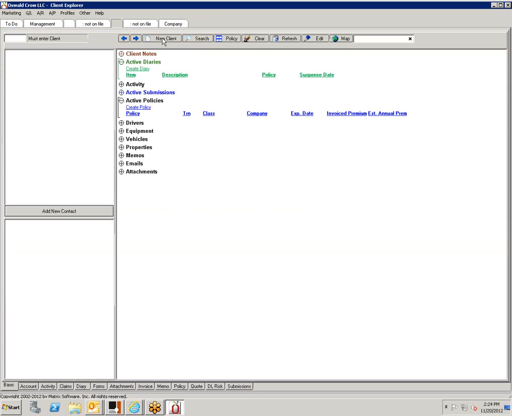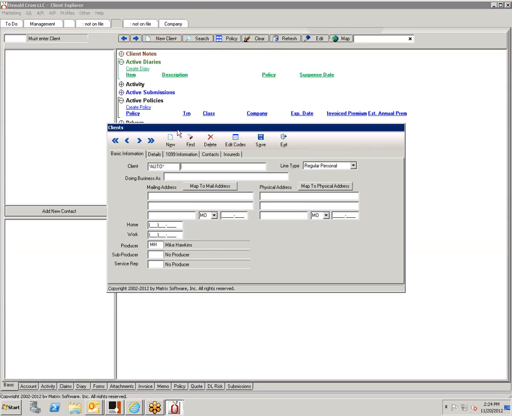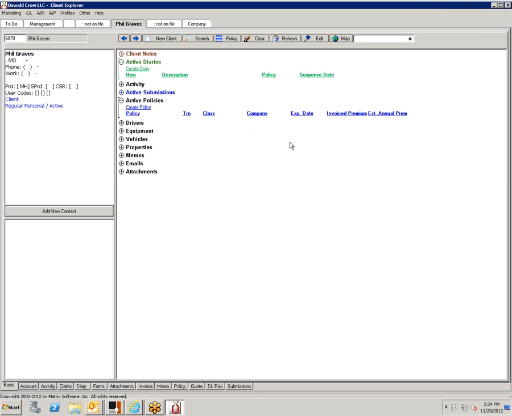You click on one of these and you click on New Client. So you just enter a name. That's probably enough to show you what's going on. And just click on Save and exit. Usually when I click on Save, I get that error message. That's weird.